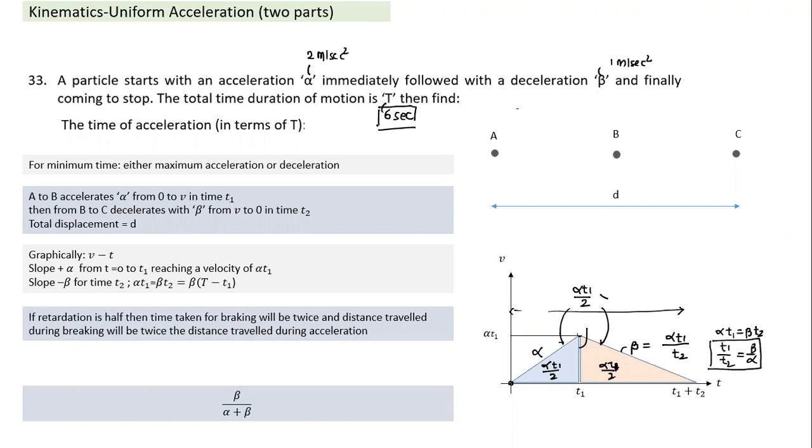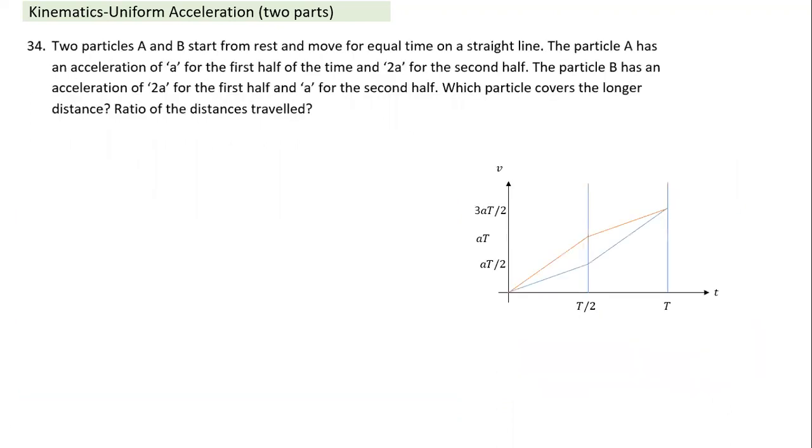And can we calculate the average speed also? At 2 seconds, the speed will be equal to 4 meters per second. For the entire journey, the average velocity will be 2 meters per second. These are pretty simple things I'm just quickly running through. So, coming to this question, let's look at this.